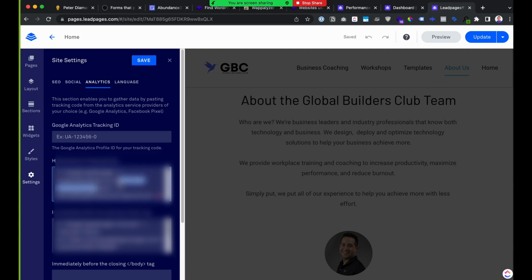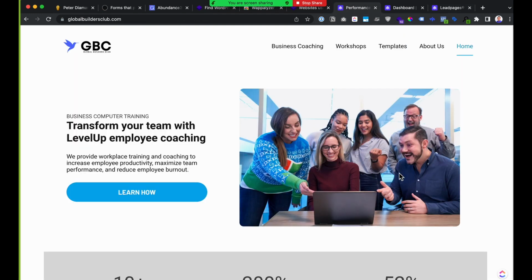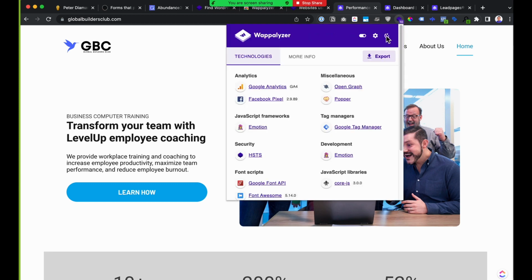So this code is what loads when this page loads. It also loads code from third-party software. So there's connections, and then Rapalizer just reads it. It knows certain tags, and based on the tags it will add. So it knows I'm using Google Tag Manager, and I'm using all the analytics and tags from there. I don't know about these two, but